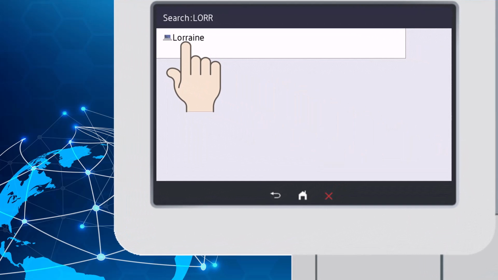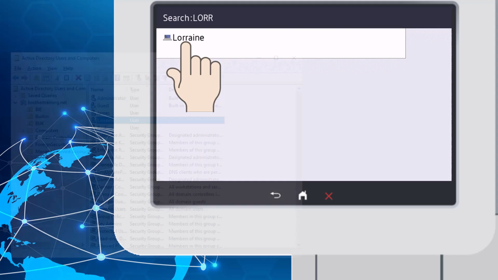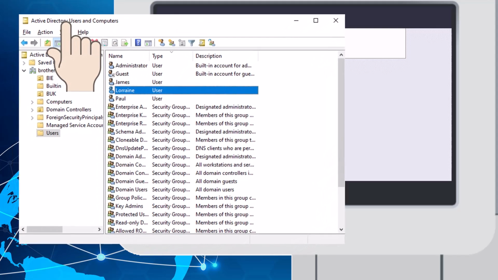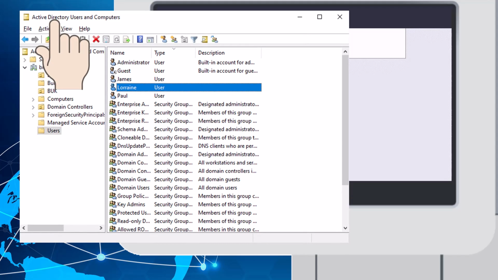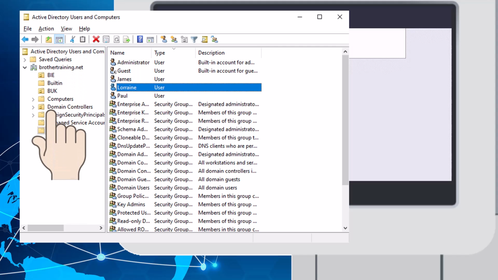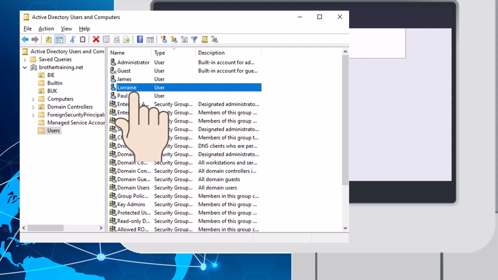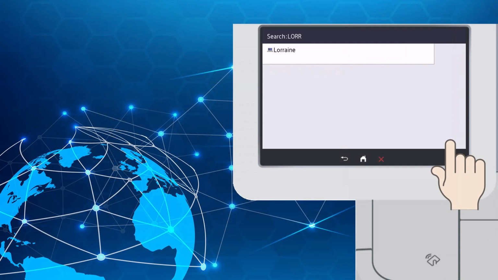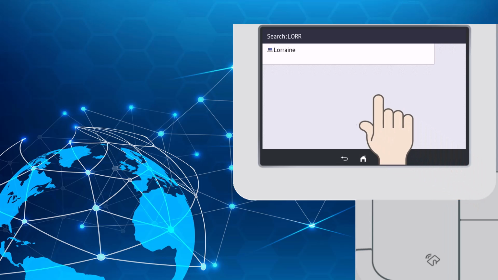How does your Brother device know from a few letters to return this name? The connection to the database will be searching within the user's list. For example, in a Windows environment, this could be in the Active Directory Users and Computers. Within the Users folder, there is a list of users. Here we can see the search name we are using within this demonstration. Now we know where the search name has come from, select the name on the screen.